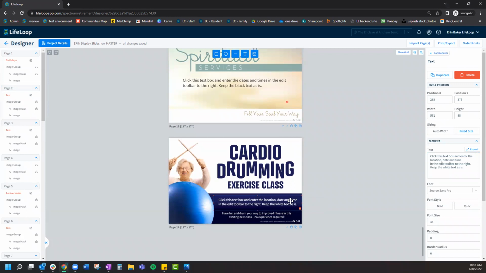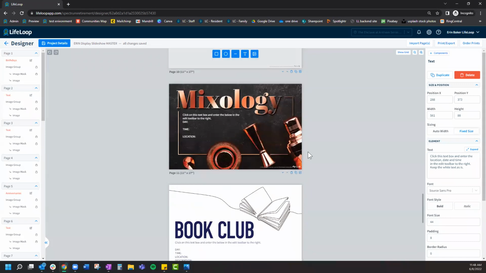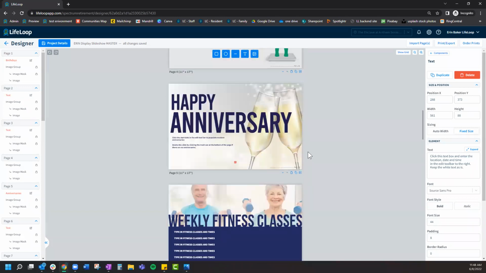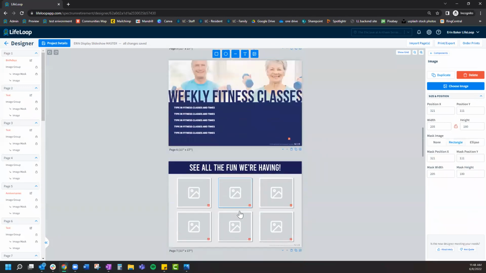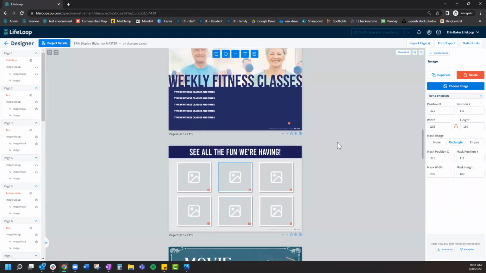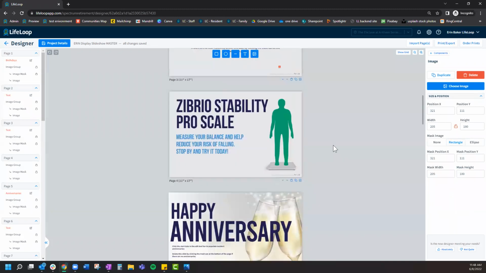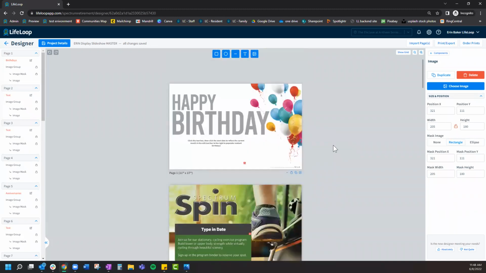It says click this text box. Make sure you click here and actually edit that information. So now I can insert my photos, the fun things that you're having, choose an image. So make sure you're filling out your slideshow completely. And once you are ready,